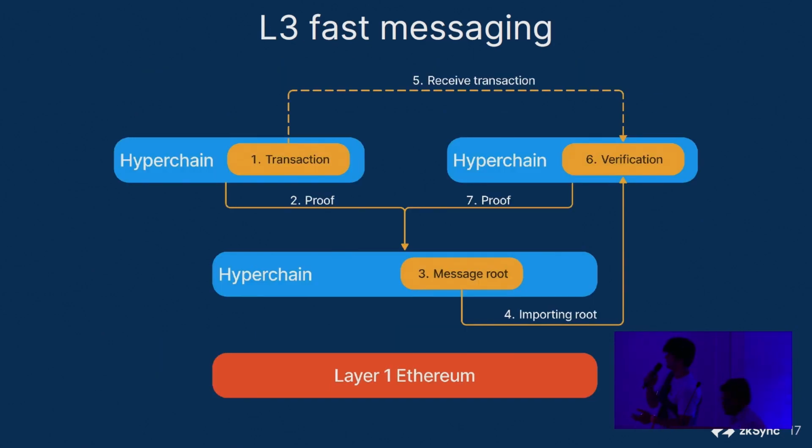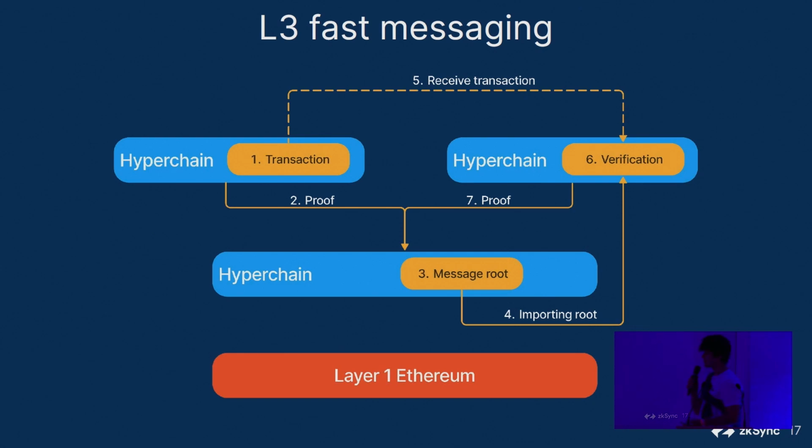And this is where layer 3s come in. Layer 3s and layers in general allow fast messaging. If you're a layer 3, you can settle onto a layer 2. You can do the same hyperbridging process as before, just lift it up a layer. This is the same lines and same cycle. And because it's a layer 2, it's much cheaper than the layer 1. So this can happen much more often.